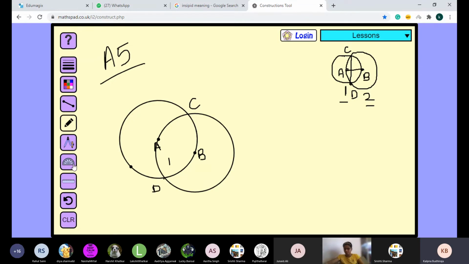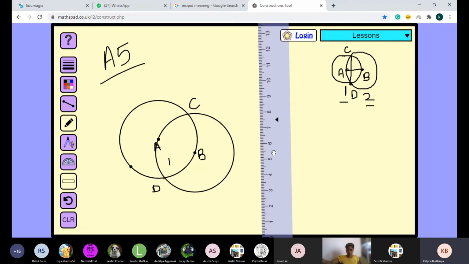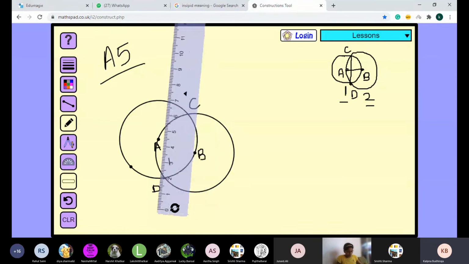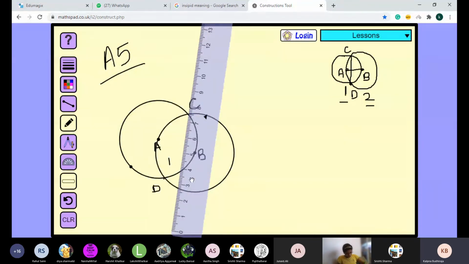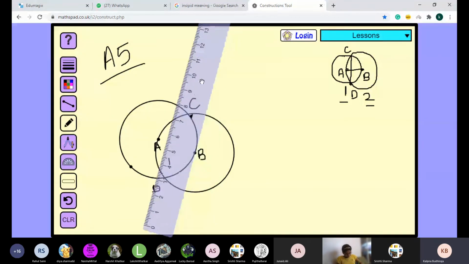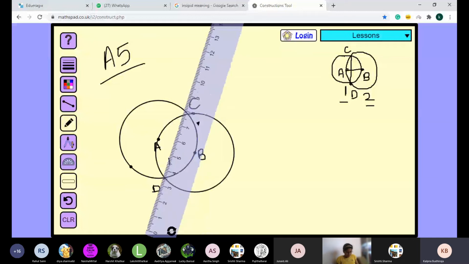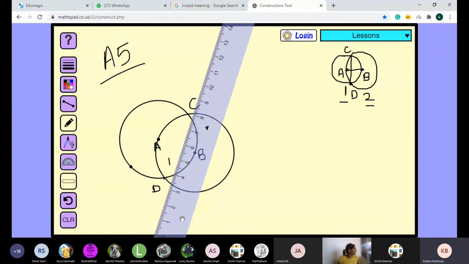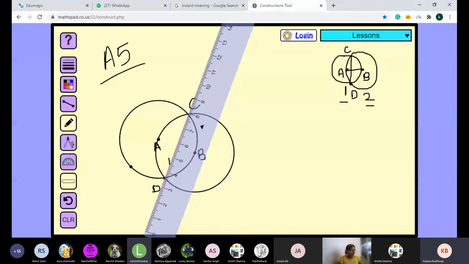Now we have to join the points. So all of you take the scale and orient it. You have to place it such that C and D are joined. Okay, you will join points C and D. I hope the positioning of the scale is clear to everyone. Yes, ma'am. Okay, now let us join points C and D and then A and B. So I have joined C and D.